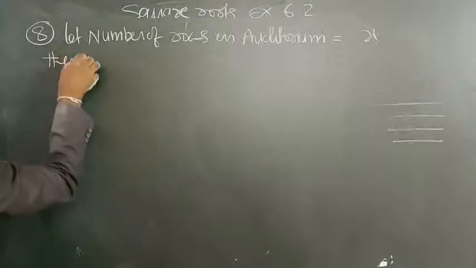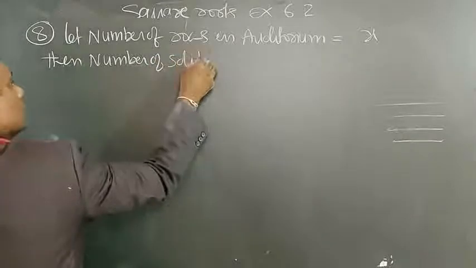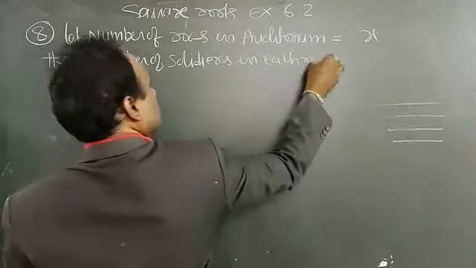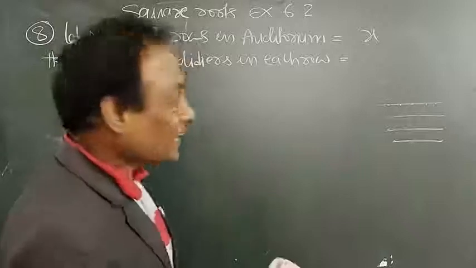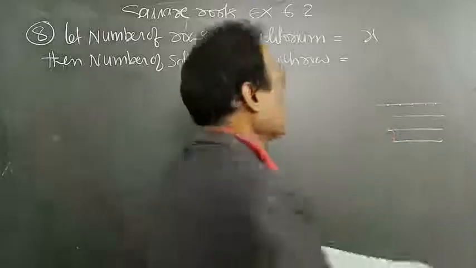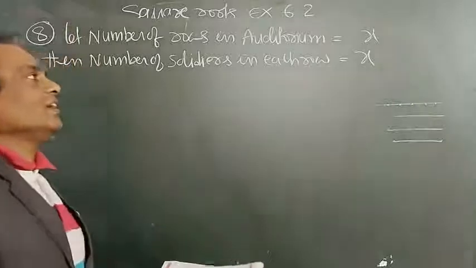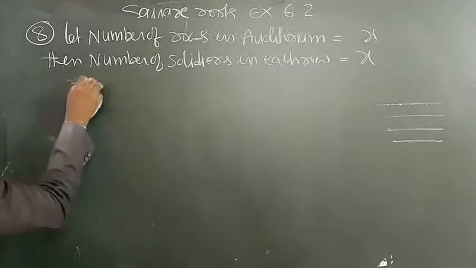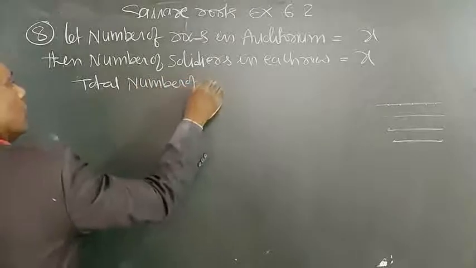Then the number of soldiers in each row depends on the number of rows. If there are x rows, in each row there are x soldiers. So the total number of soldiers